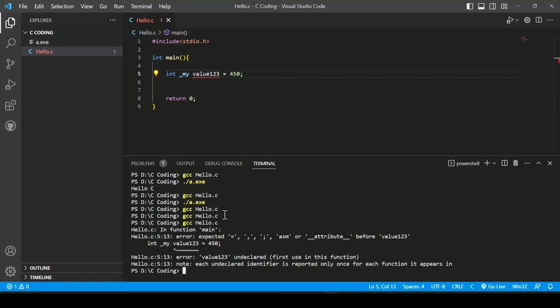You can see it gives me an error: expected equal sign, comma, semicolon. It gives me an error that it does not recognize this, which is not in the rules of the C compiler. Okay, now similarly, if I just remove this and clear,